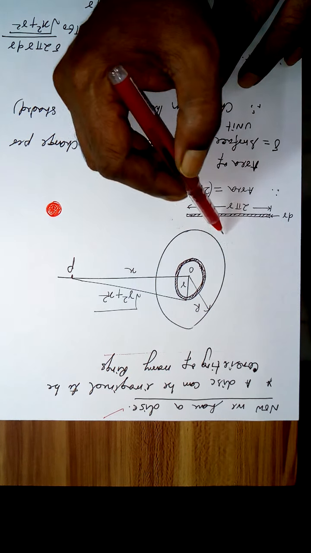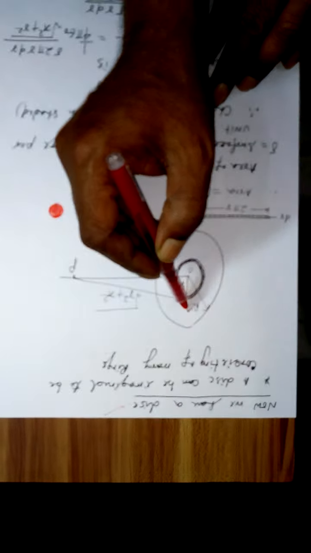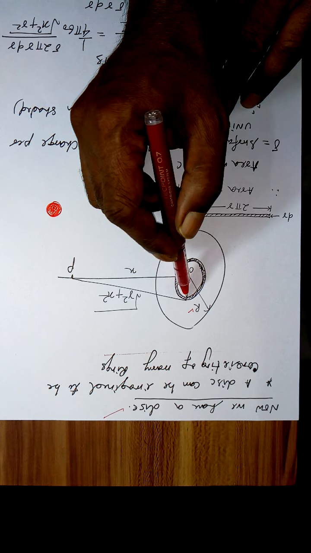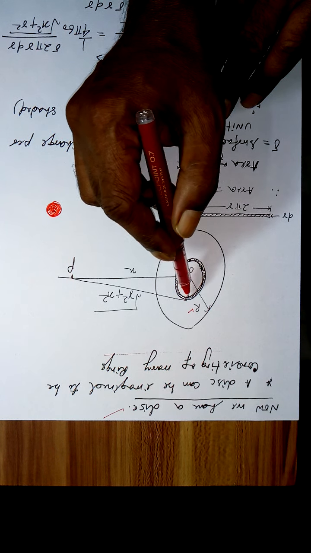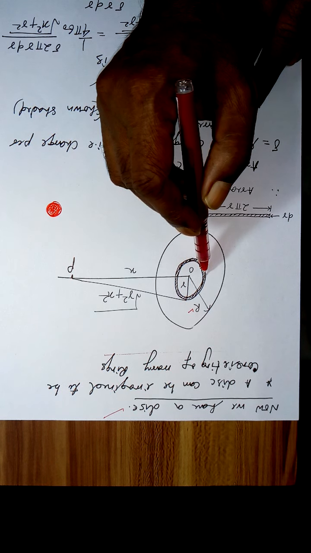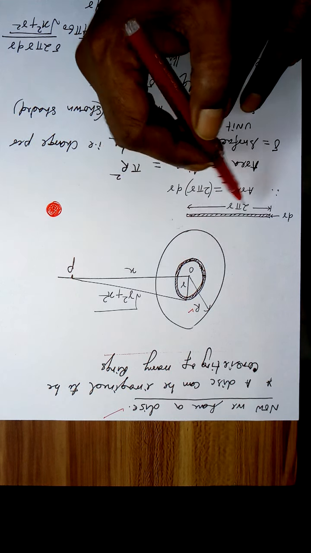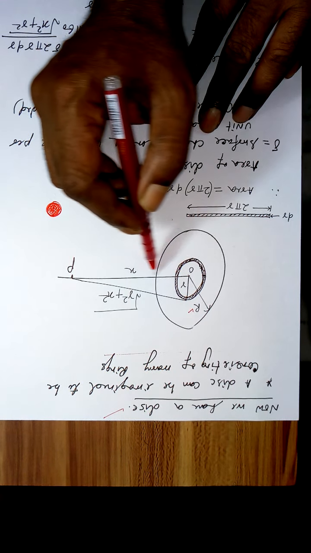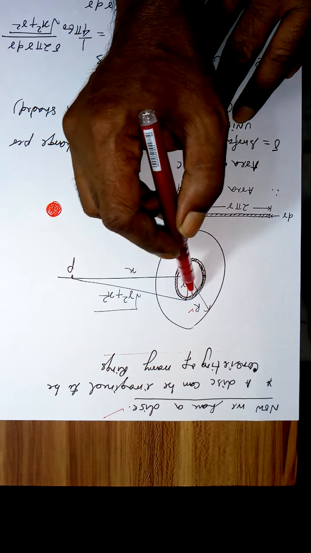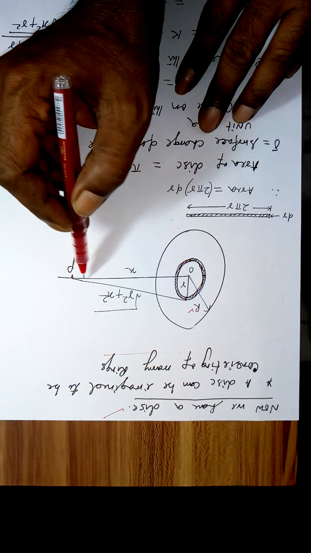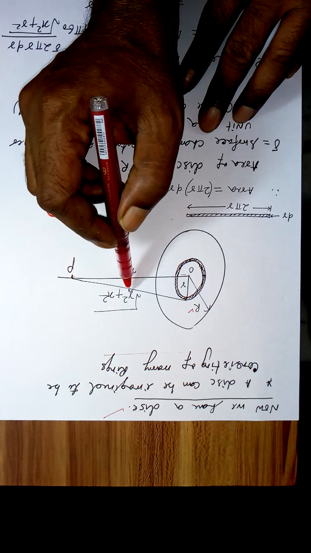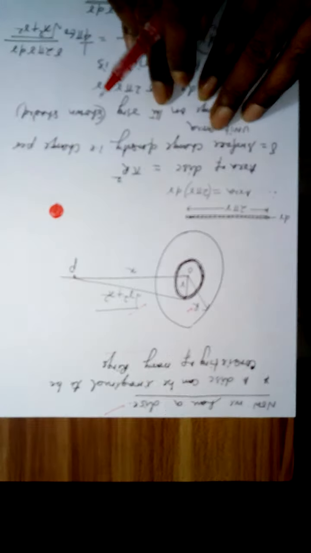So this part is a disk. The radius is capital R. Now from here at a distance small r, I consider this black portion, which is like a ring of this thickness. This thickness is equal to dr, which I will explain. Now if this is r and this is x, then this part of the ring from the point P is at a distance of the square root of x square plus r square.